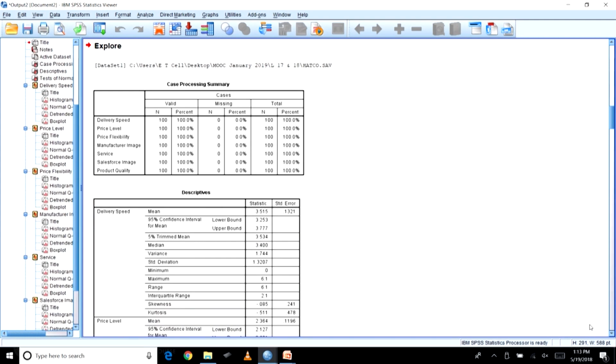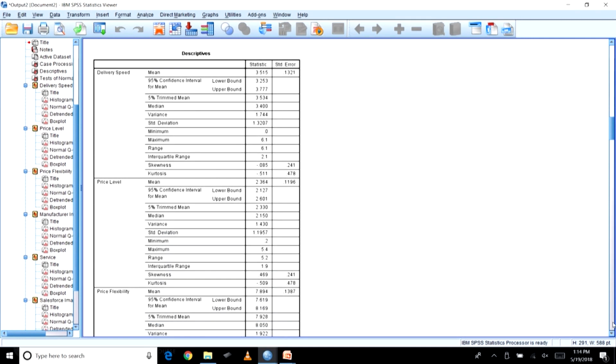So now this value has come. Now, look at it. How do I know whether there is a normality problem or not? Look at the skewness and kurtosis. For these two values, the statistic for skewness in this case is minus 0.085, and the standard error is 0.241. So, if you divide these two, minus 0.085 by 0.241, this value should range, suppose you are taking a 5% significance level, between plus 1.96 and minus 1.96.